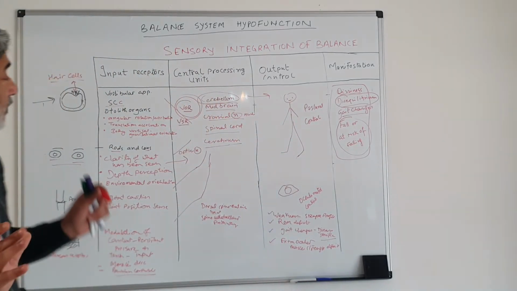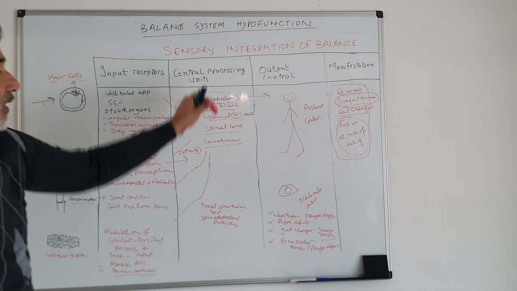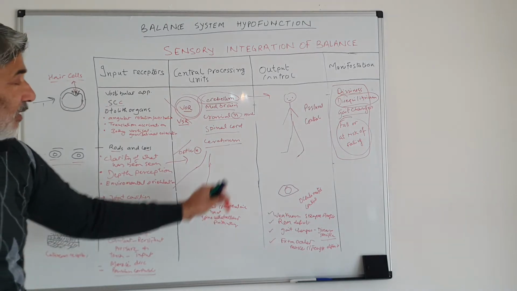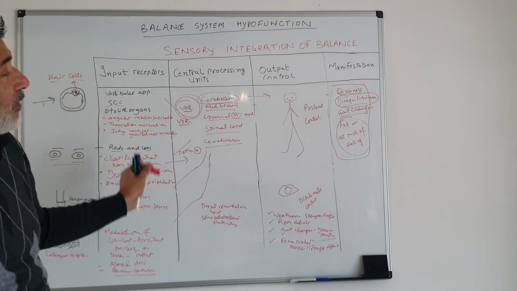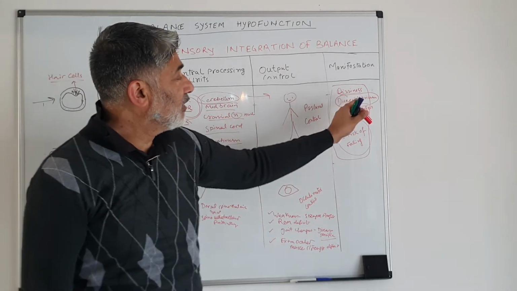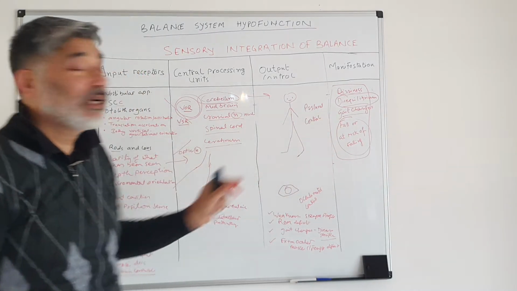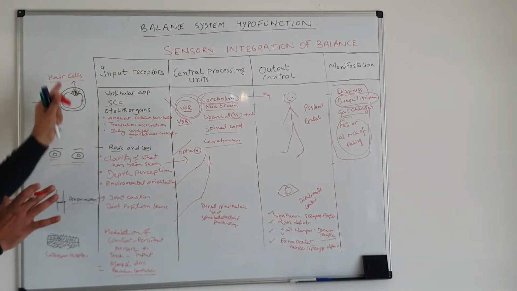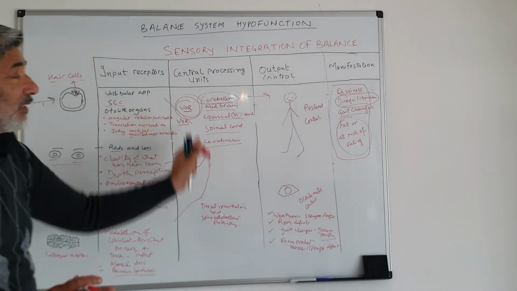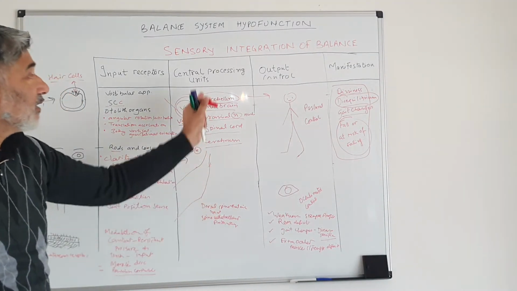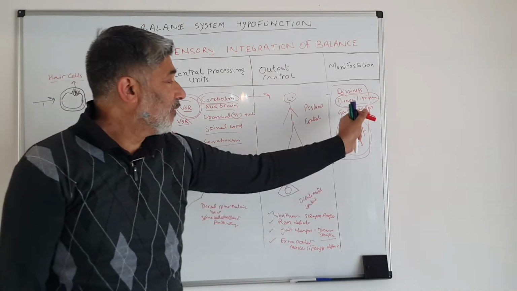My purpose is to say that a fault can happen here, here, and here, and wherever the fault is, it will be manifested as dizziness, disequilibrium, gait changes, falls, or risk of falls. But we need to identify where the fault is, whether it is at the peripheral level, the receptors level, the receiving or central processing unit level, or the output level,